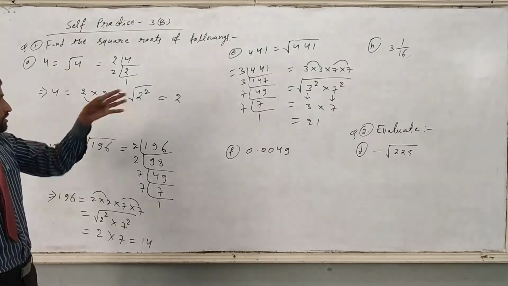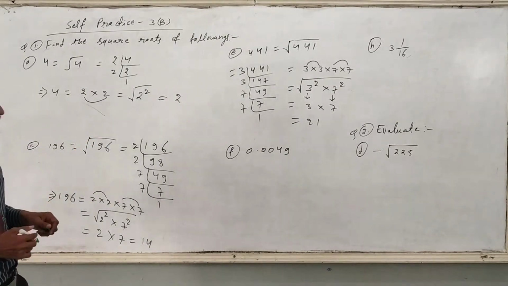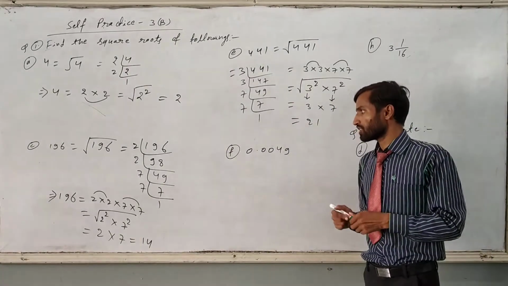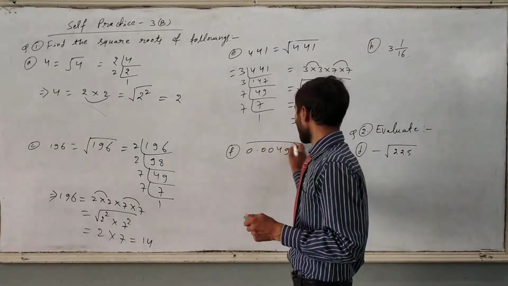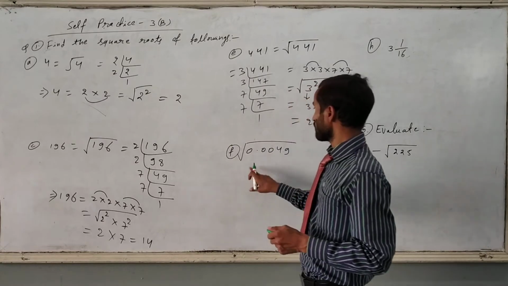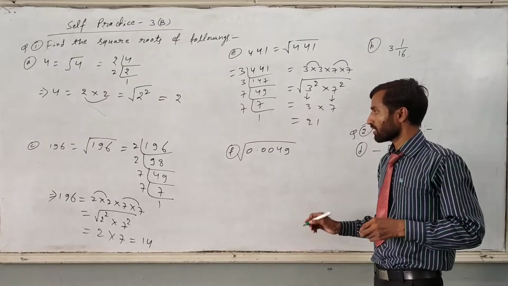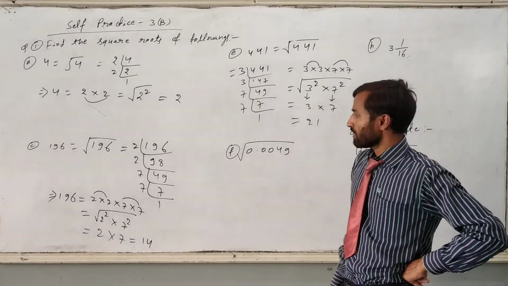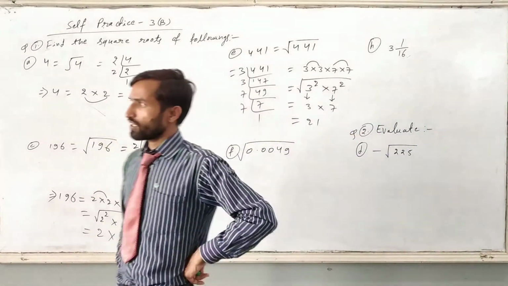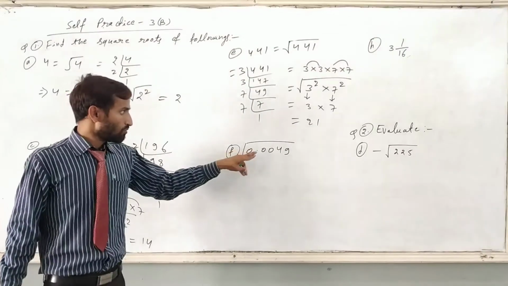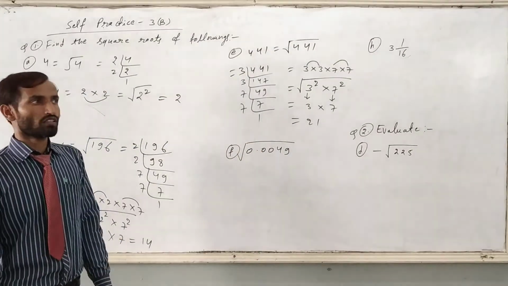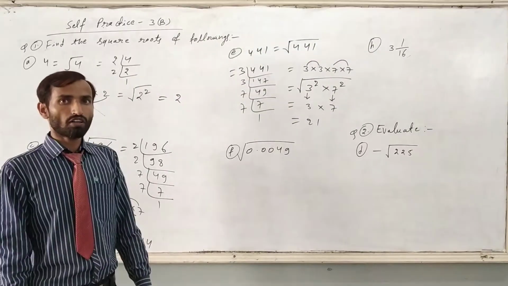Now these were simple questions, with whole numbers. Now the question is that we have to find the square root of a decimal number. So how will we find the square root of this number? There is no issue. We can find it easily by using the factorization method only. For that, just remove this point. That means you have to convert the decimal into a fraction first of all.